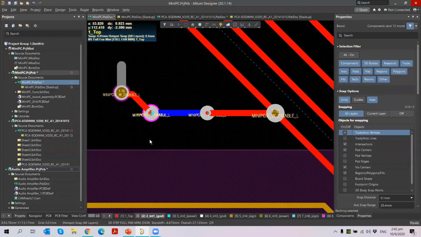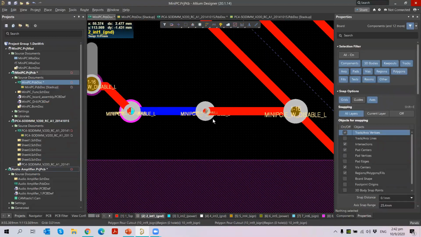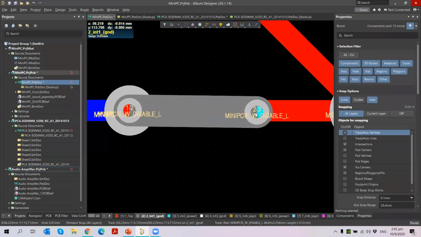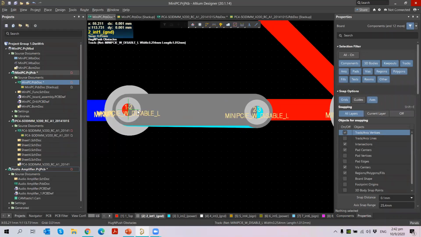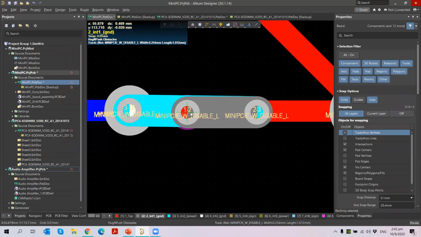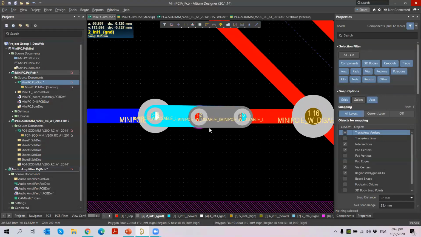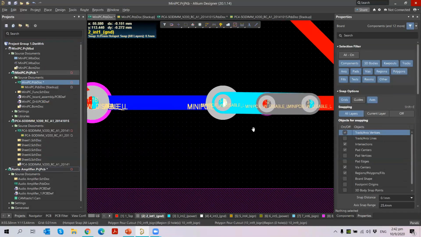Okay, so now let me go to 2 and I want to do some changes, like I want to stagger the vias. Okay, micro vias I want to stagger and show you. So what you can do, you can press the control key and then you can just move one of the vias here. Okay, so if you see, zoom in and see, it is from 2 to 3, from second layer to third layer. Then you try to move one of them, you see it is 1 to 2. So you can try to move, stagger any of the micro vias from one and the other. Okay, so you can do this. When I stagger from one and the other, you will be able to see like this.